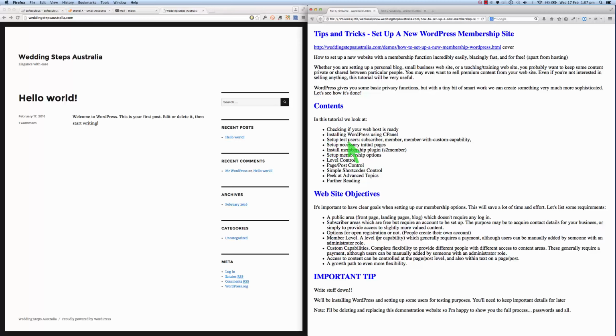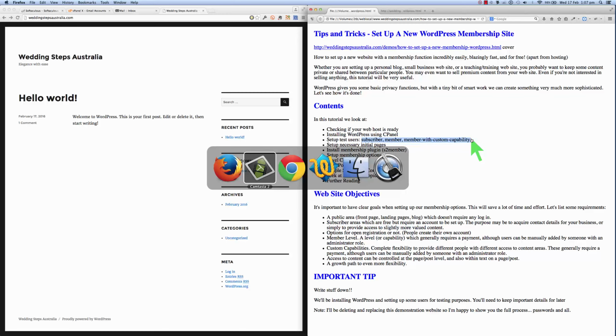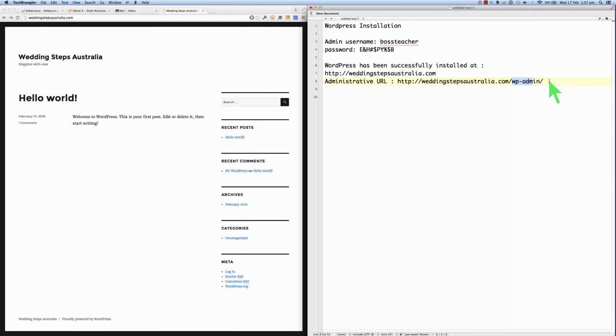Okay, so the next step is to set up some test users on this account, and we want to set up these three here. So I'm just going to pop them into my notepad here so I can make a note of their passwords. Yep, so for the subscriber, for the member, and also for the member with custom capability, and you'll see what I mean by that later. And also just at the top of this list,